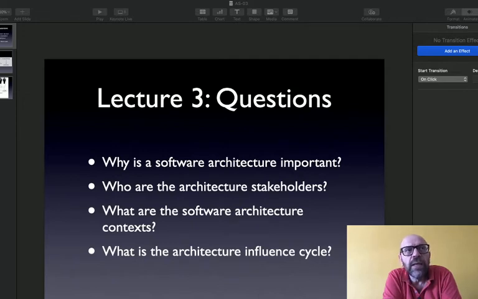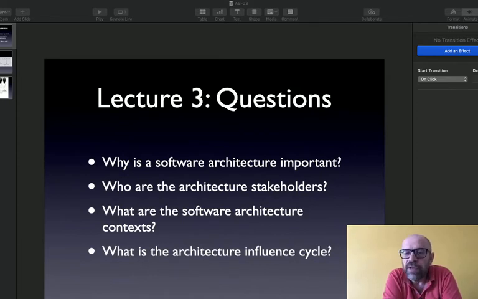And finally, I want to discuss with you what is the architecture influence cycle, in the sense of what is the final impact that architecture has on the organizations, as on the technology. So all the software architecture influences what is influenced